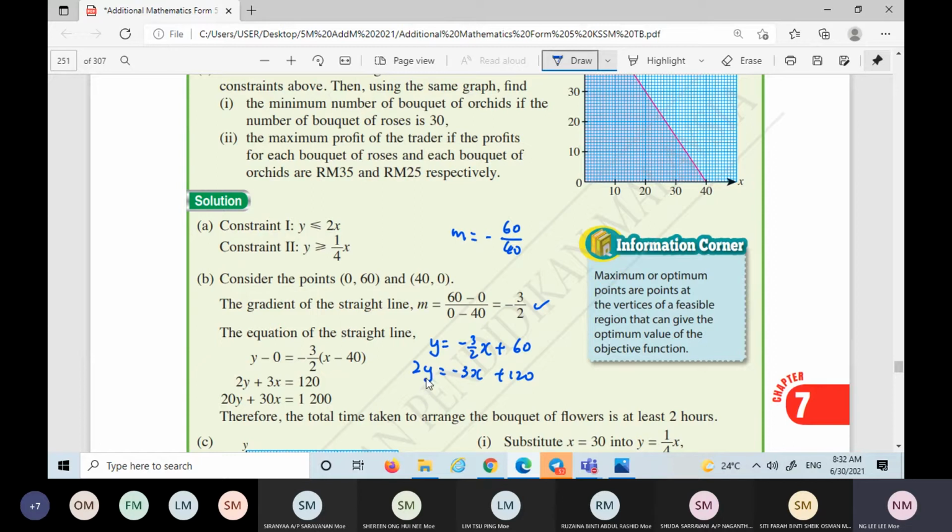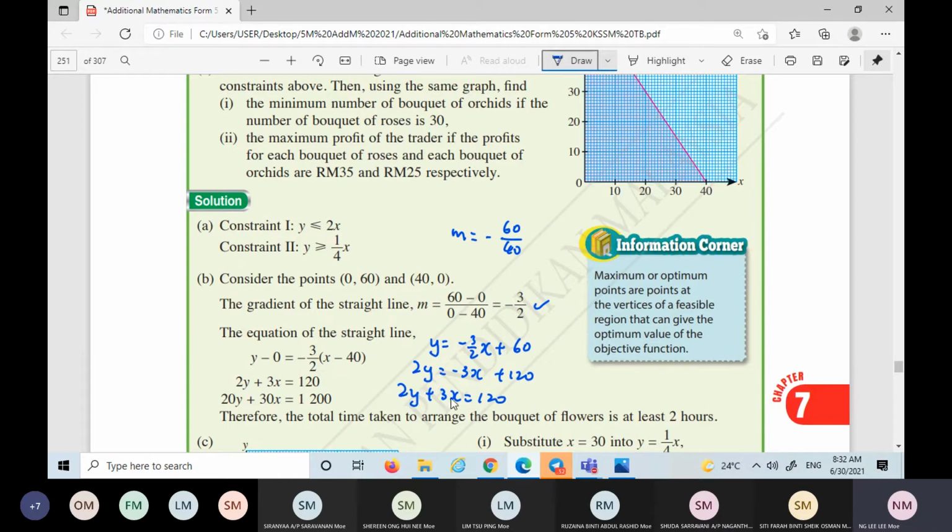Next, this one moves to this side, so plus. Almost there already. You see, given in the question,